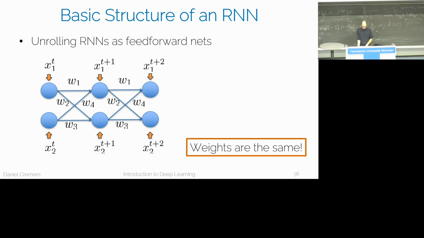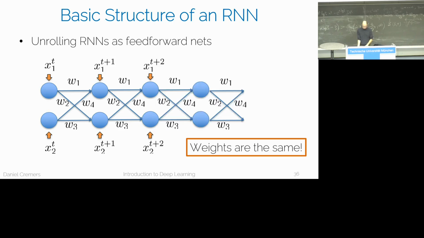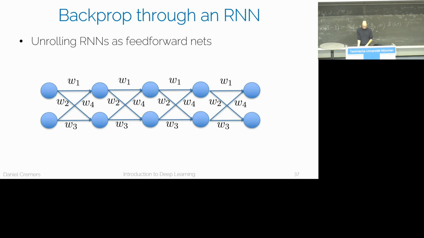And then it would look like that, with the idea being that these weights are shared. So you have the same W1 here, and the same W2, W3, and W4. And then you can do backpropagation learning,